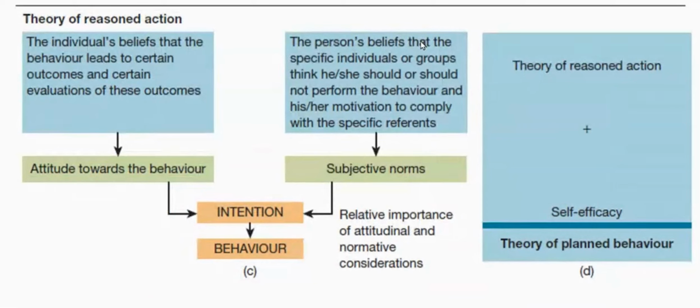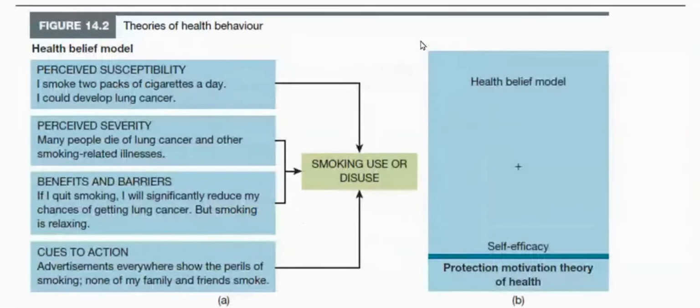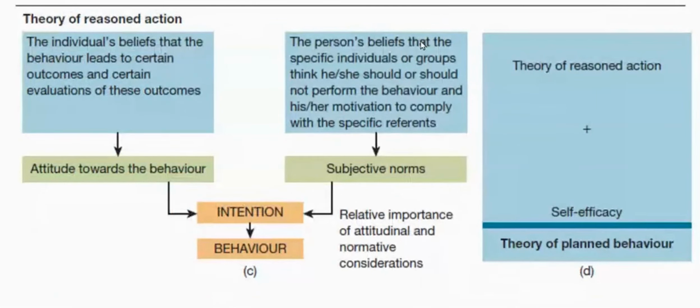So these are the questions you ask yourself. Now, let's look at the next 2 theories: the theory of reasoned action, TRA, and the theory of planned behavior, TPB. Just like the previous theory, the health belief model was upgraded to become protection motivation theory, likewise we incorporate self-efficacy to upgrade the theory of reasoned action into the theory of planned behavior. So you can see self-efficacy is extremely important if you want to motivate somebody, or if a person wants to motivate himself or herself into action. It's like the catalyst for positive action.